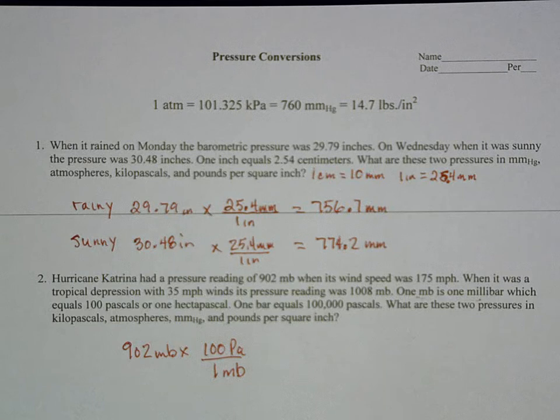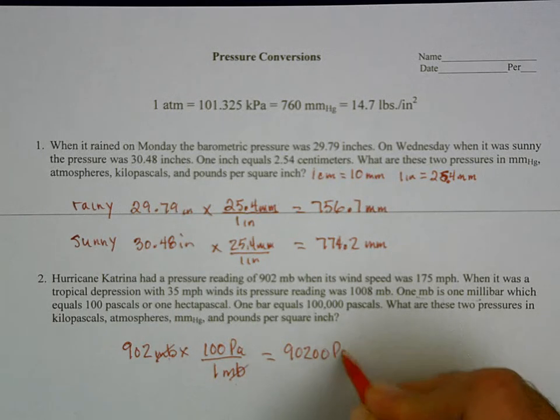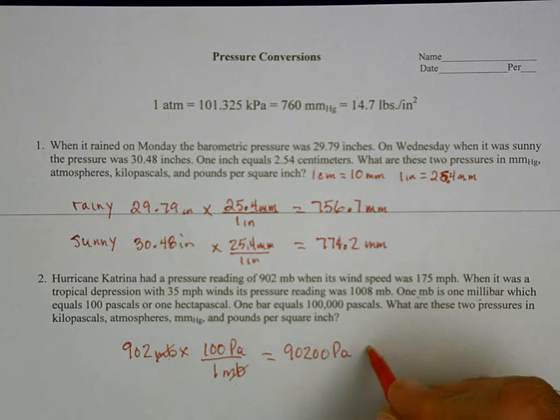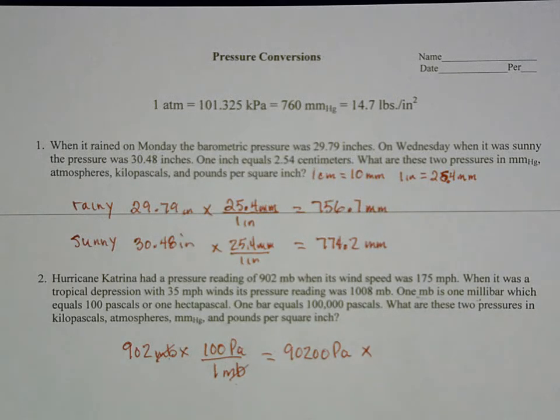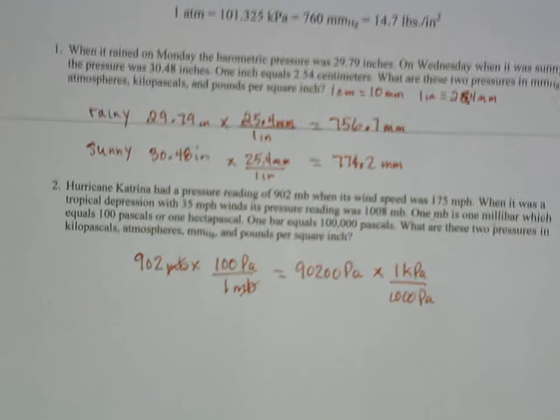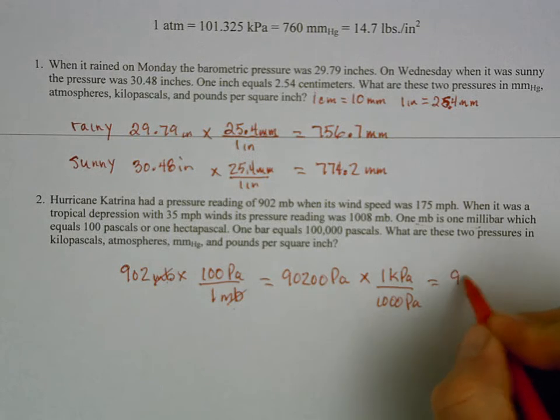Notice how every time I do one of these, whatever's here has to be down here, so that part gets canceled. And this will be 902 and then 2 zeros pascals. Now, we want it to be like it was at the top of the page, kilopascals. Well, kilo, just like kilometer and kilogram, kilo means 1,000. So 1 kPa has 1,000 Pa. So basically we're just dividing by 1,000 and we end up with 90.2